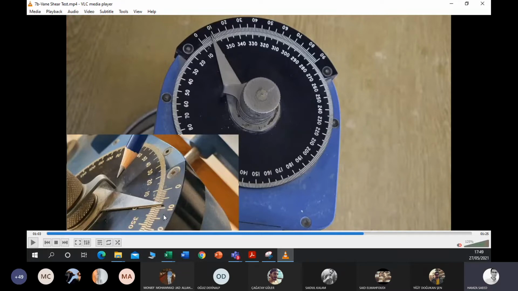From here you have to read this top scale. This is the scale from where you have to read it, where the pointer separates from the carrier knob.